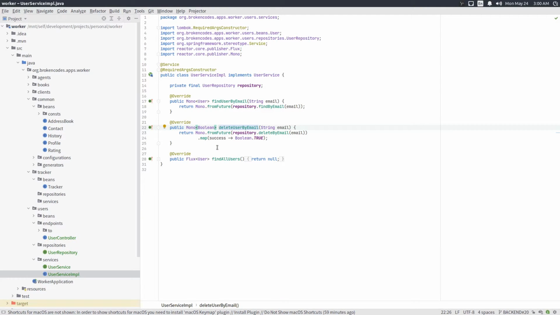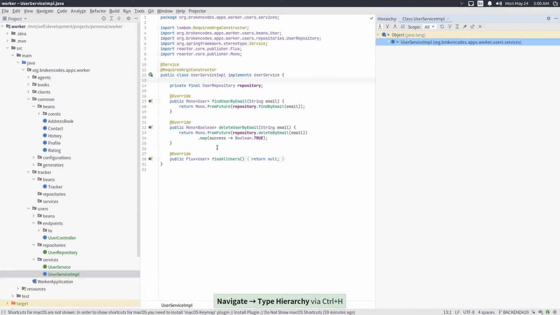Now there are three shortcut keys that look more or less the same and even behave more or less the same, which is Control H, Control Shift H, and Control Alt H. So Control H gives you the type hierarchy, or basically the class hierarchy. So say if I'm in user service IMPL and I press Control H, it's going to give me the class